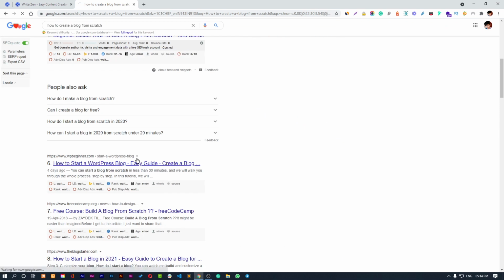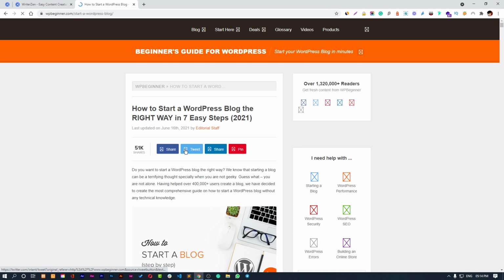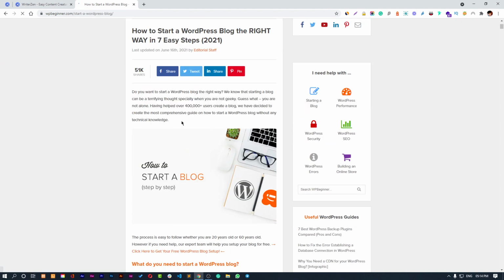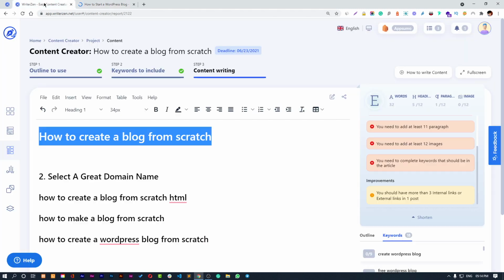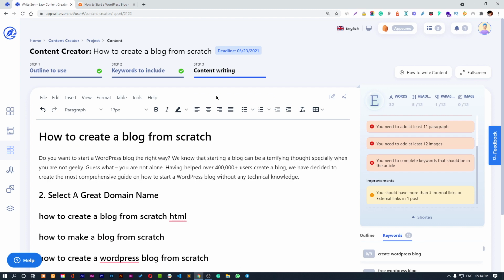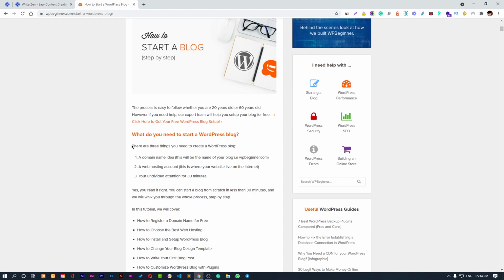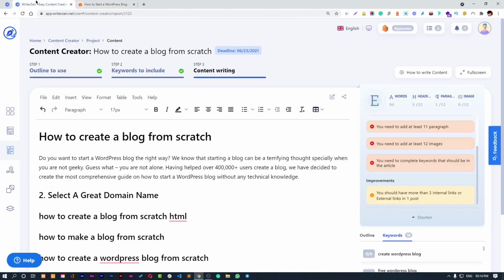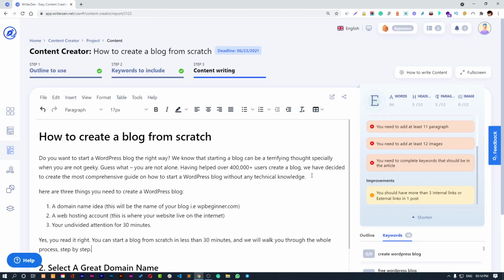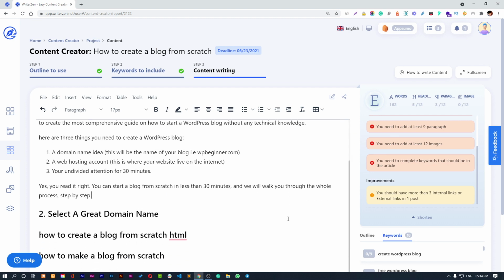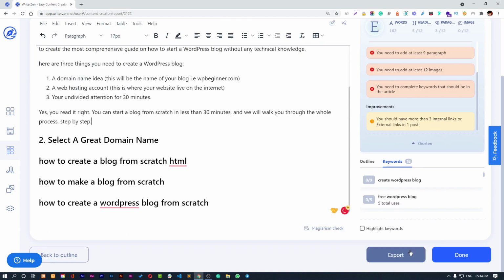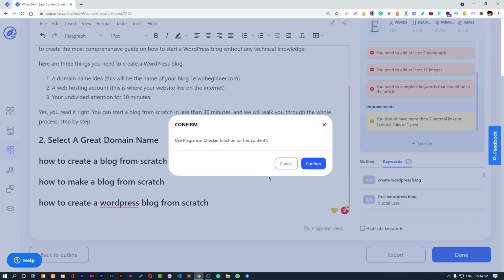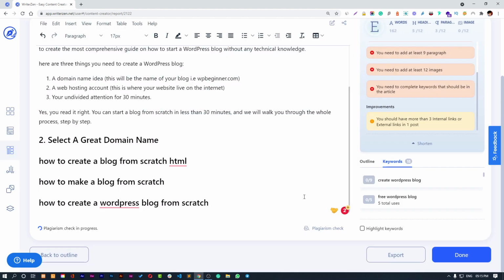So when you have that many words, let's quickly grab some from another source so we can show you. So let us copy this one for example, right? And let's copy more, and this is plagiarized. So let us see if it shows us whether it is plagiarized or not. So let us click on plagiarism checker and confirm to use it.